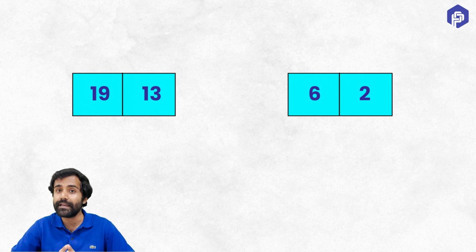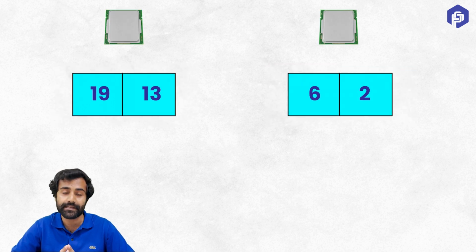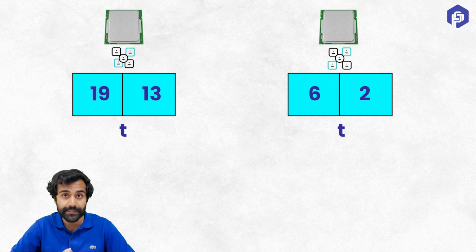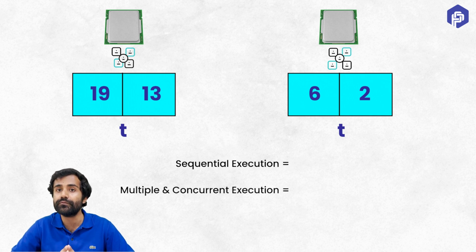Okay. Now you realize that sorting first half and sorting second half are independent of one another. And if you have a computer which has multiple cores, let's say it has 2 cores, so one core can handle the sorting of first part and second core can handle the sorting of second part. And then finally you can merge them together. So if we say that sorting the half of array, which is of size n by 2, consumes t time, then sequential execution would have taken you 2t plus the time taken to merge, right?